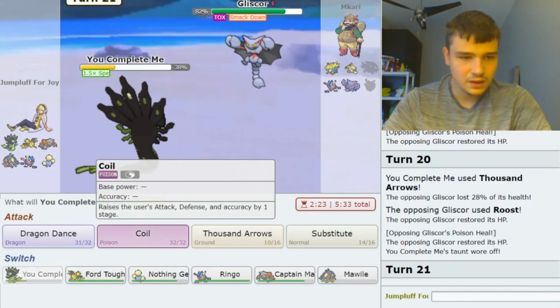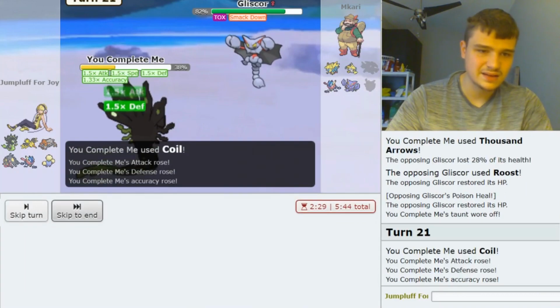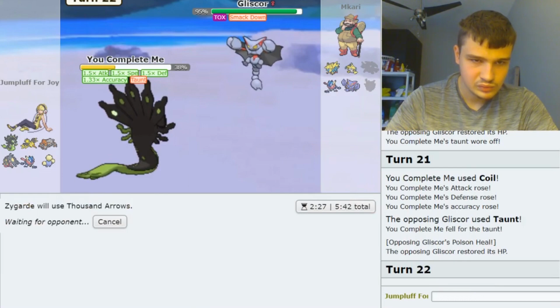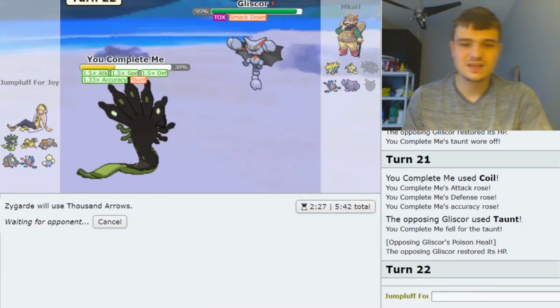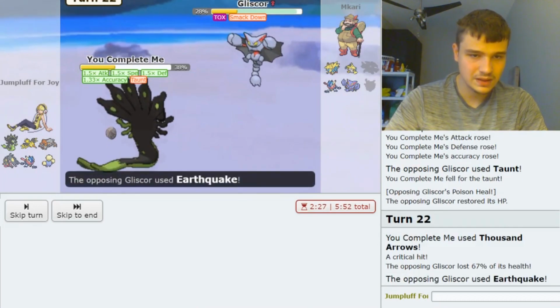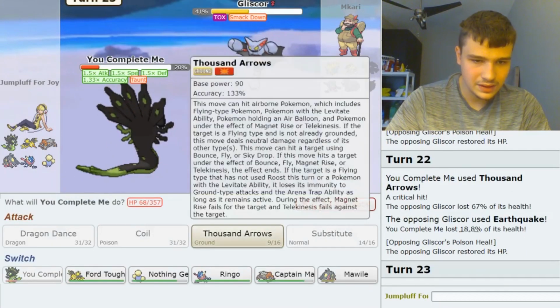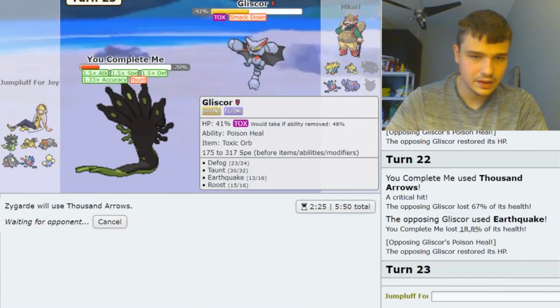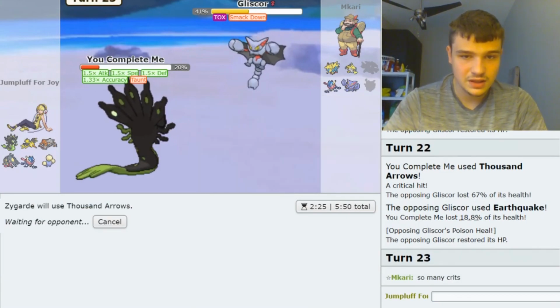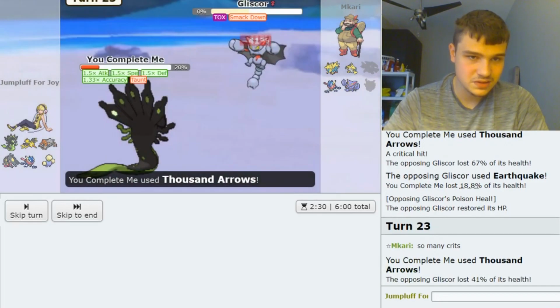Here he's gonna taunt. I know he's gonna taunt here. Thousand Arrows, make sure I get this thing nice and weak and get Greninja a free switch in and set up my safest win condition. Starts Earthquake, not the Toxic. Curious play, unfortunately gonna crit him. Didn't really change anything, he didn't bring a Greninja answer, so...